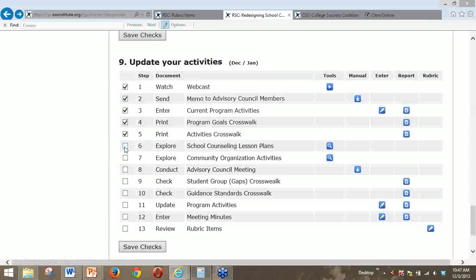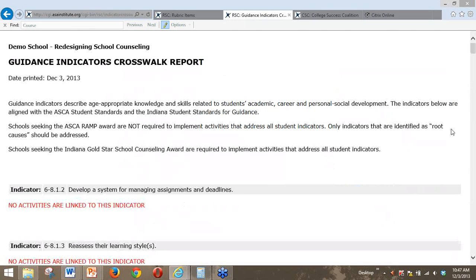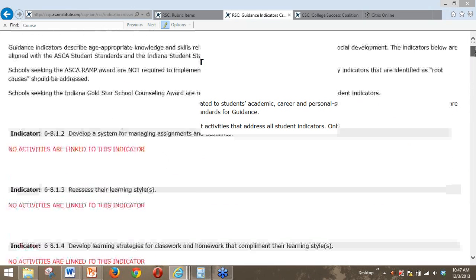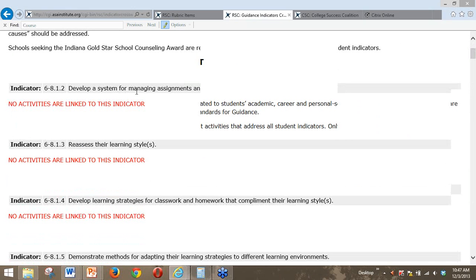So that brings us down to, I guess I can check the rest of these off. That was the GAPS crosswalk. And now the last thing to check is the guidance standards crosswalk. I'm going to go there. And what this is, it's listing all of the indicators that are aligned with the RAMP standards and the Indiana